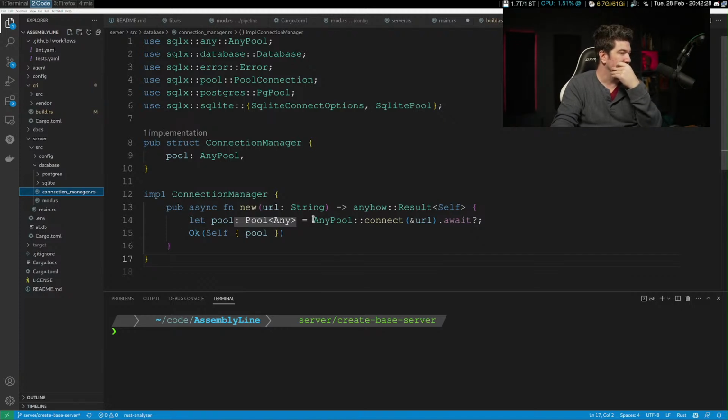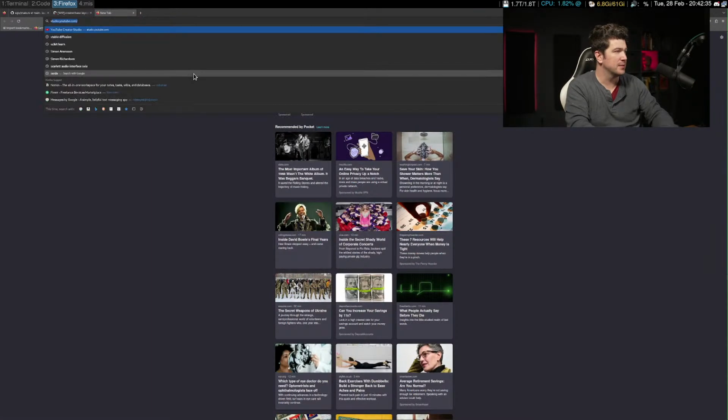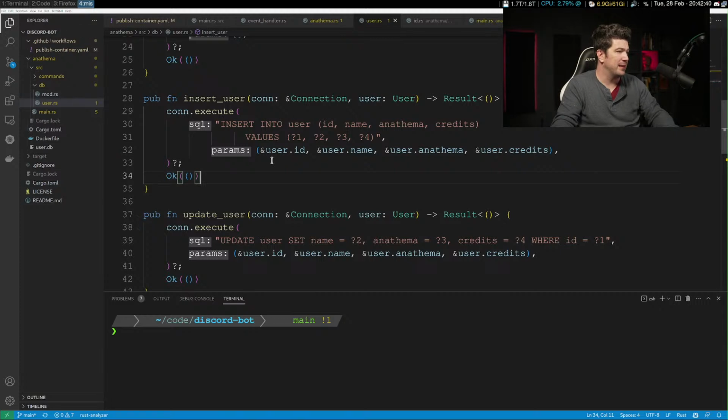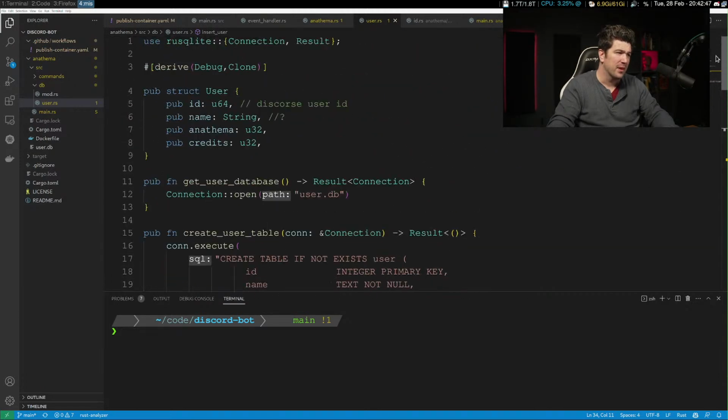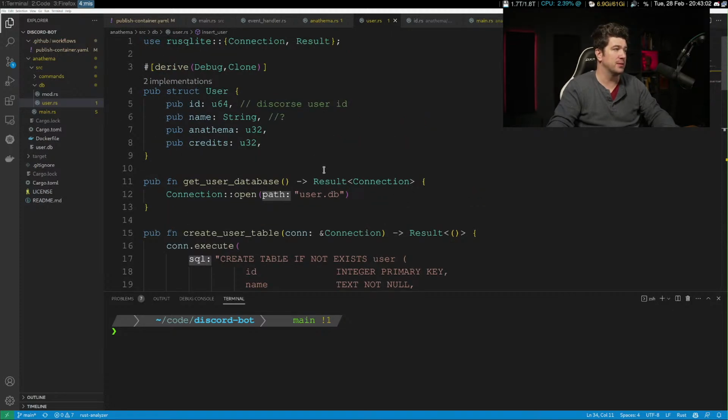Now, this is an interesting thing. This SQLX, which looks interesting. Let me pull that up. Over here, in this project, just a little Rust bot that we built, a Discord bot, this used RustQLite, and I prefer this, but it only supports SQLite.